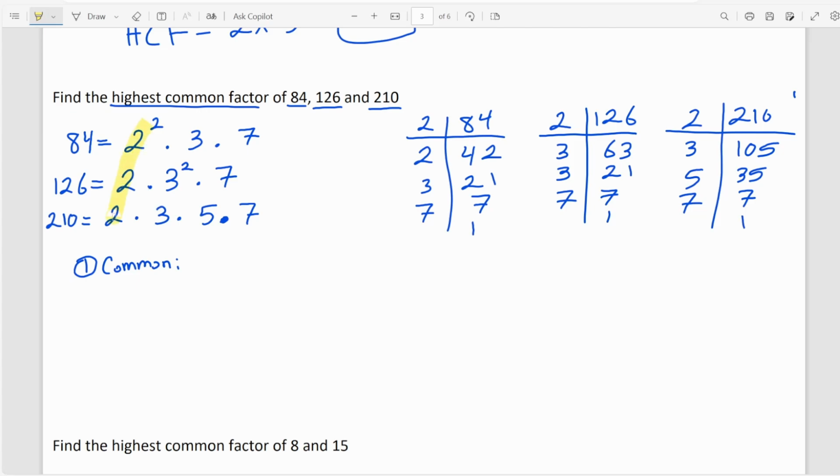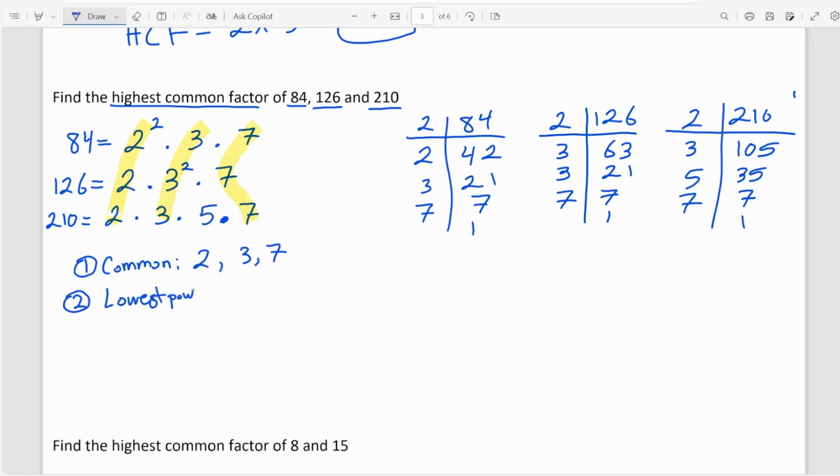So we have the 2 being common between them, 3, and 7. As you can see here, the 5, neither 84 nor 126 have it as one of its factors. So the common numbers are 2, 3, and 7. And don't forget the lowest